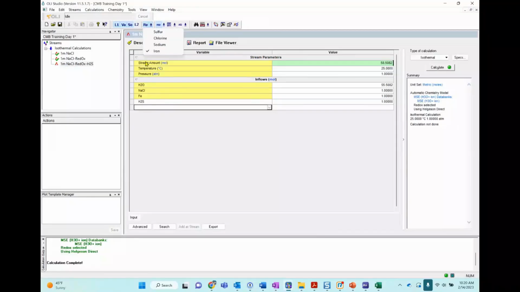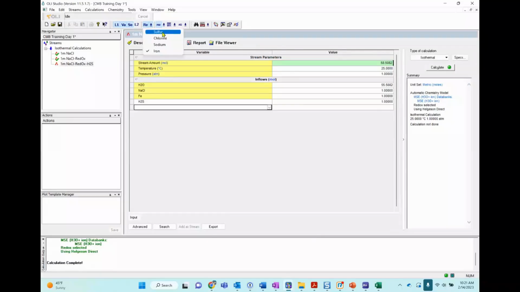And the software knows that it's not a transition metal. Only the transition metals are turned on by default. This is a non-transition metal, so it doesn't turn it on, but we know that there will be oxidation states in the sulfur. Okay, so for now, we are not going to turn on redox for sulfur.